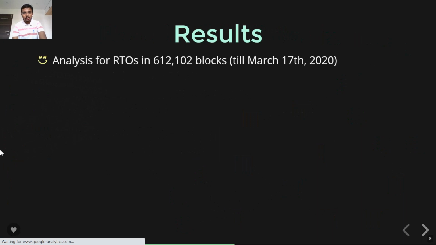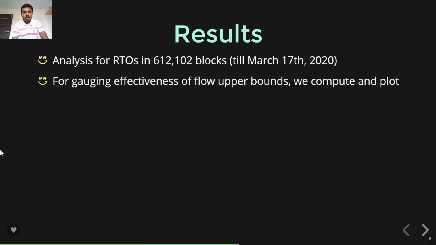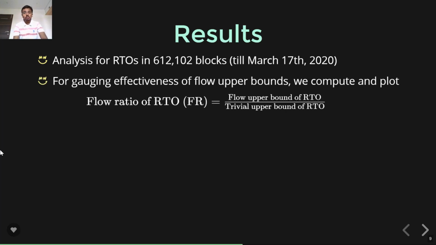Now if we analyze this particular way of computing upper bounds for all the regular transaction outputs in 612,000 blocks, we now gauge the effectiveness of these upper bounds and try to interpret them by computing a quantity known as the flow ratio of each RTO, where flow ratio is defined as the flow upper bound, which we computed using the graph based analysis, divided by the trivial upper bound. So a trivial upper bound for an RTO at block height h is essentially the total Grin supply until block height h. And now if we plot the flow ratio versus the block height,